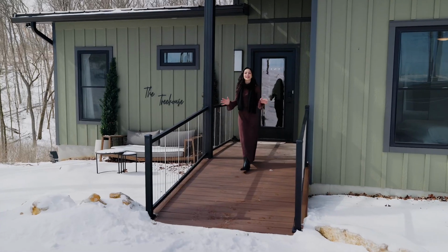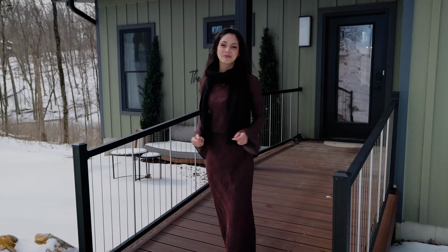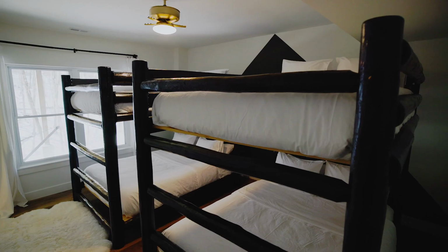Welcome to Wander Innsbrook Lakeside, where modern design meets cozy cabin vibes in the woods of Missouri. My name's Nikki, and today I'll be showing you around this 5-bedroom luxurious retreat that comfortably sleeps up to 16